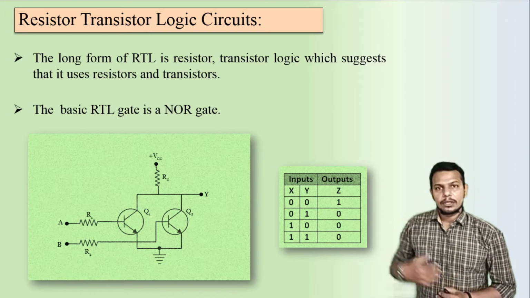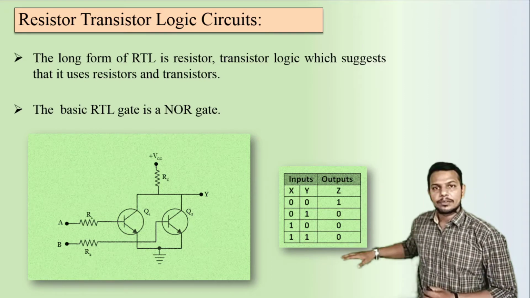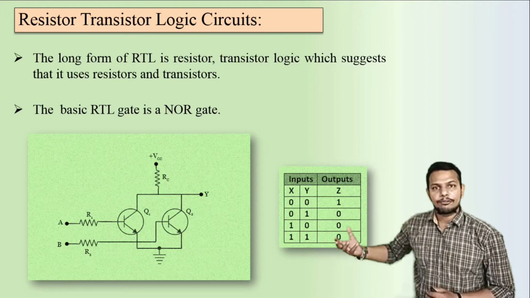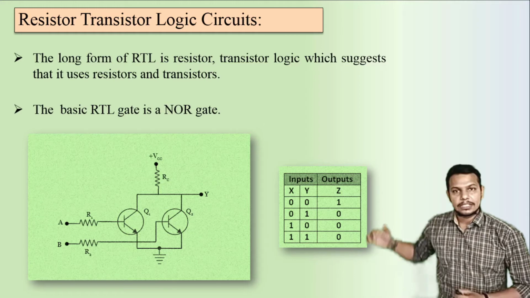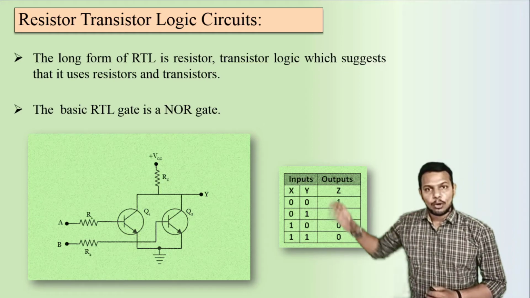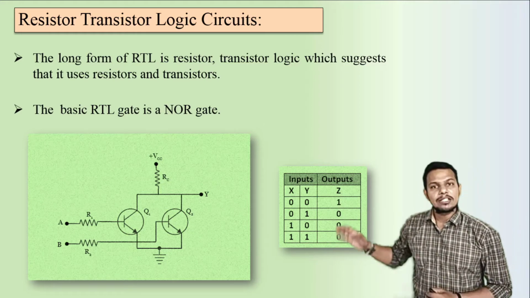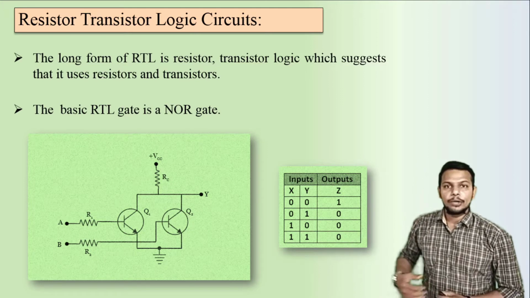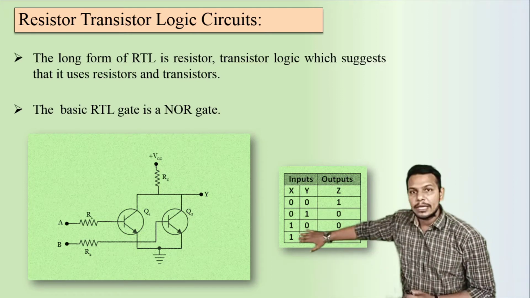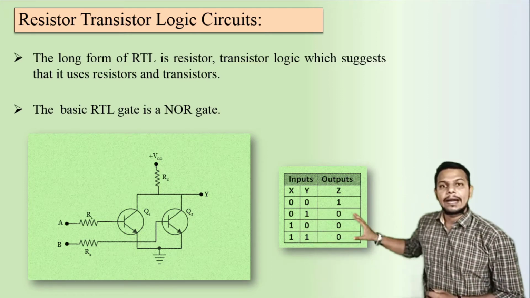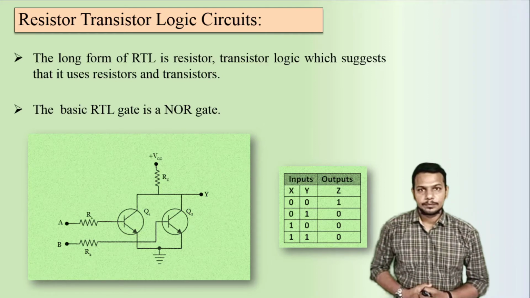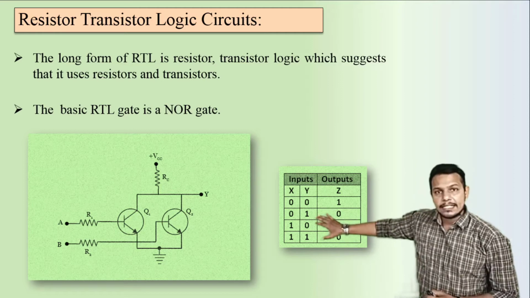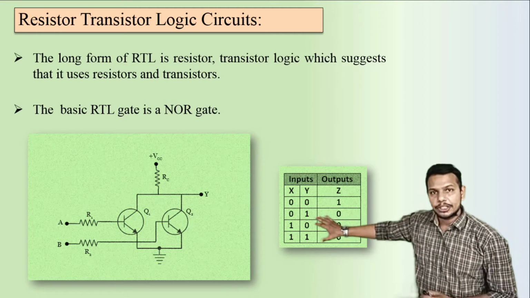So here this is the truth table. We have seen the NOR gate truth table in the first lecture. So these are the NOR gate input possibilities 0 0, 0 1, 1 0, 1 1, which we are going to enter into the A and B input side, and we will get the output at the Y side.